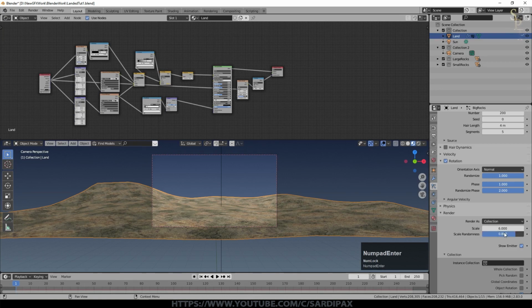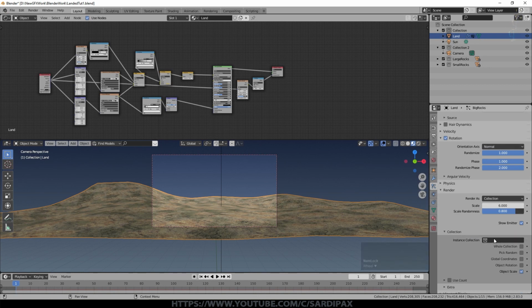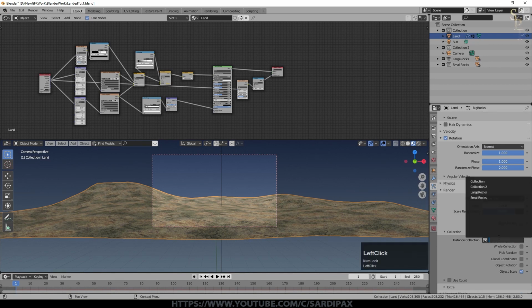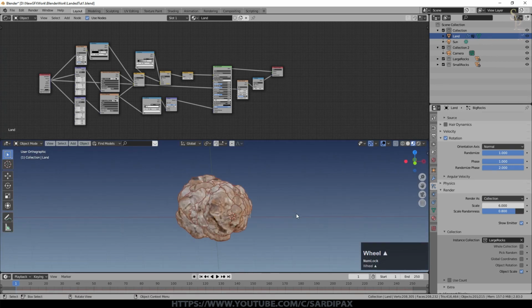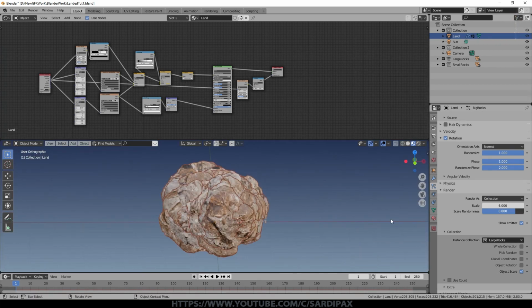If I set that to 1, we'll get really tiny rocks to really big ones, but all of these are supposed to be relatively big rocks, so I don't want that to be at full 1 for the randomness, and even that might be slightly high. So then coming on down, we've set it to collection, so we now need to name the collection, and this is going to be the large rocks. So if we look outside, these may be a little too large. Yes, you can see they're gigantic, but we'll carry on for the moment.